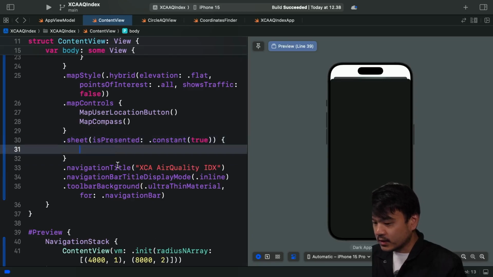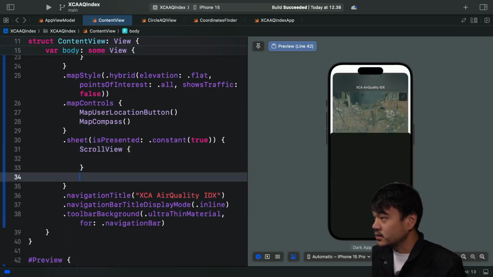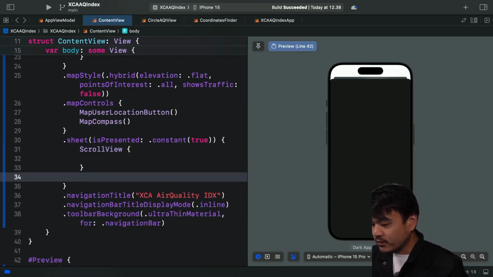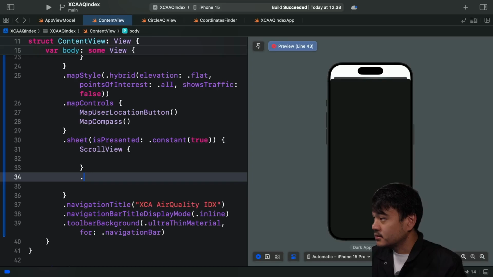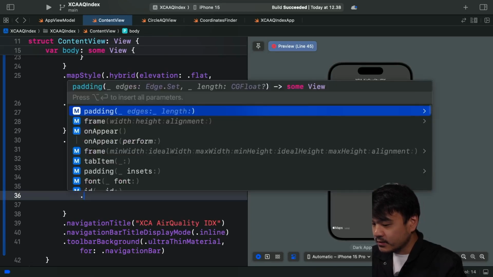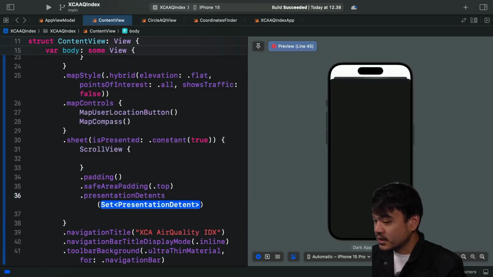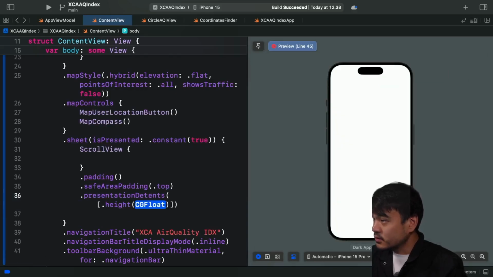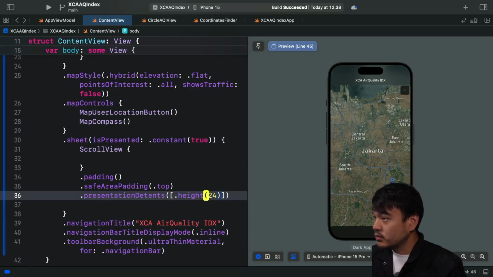Now we're going to add additional modifiers to this. First thing is I'm going to add a scroll view, that's the root inside this sheet, and then I'm going to add several modifiers to configure this presentation detent. First one, I'm going to add a padding to all edges. Second one, I'm going to add a safe area padding of top, and then I'm going to add a presentationDetents passing an array of this, so 24, so the users can pull that down. Yeah, this is 24, and then